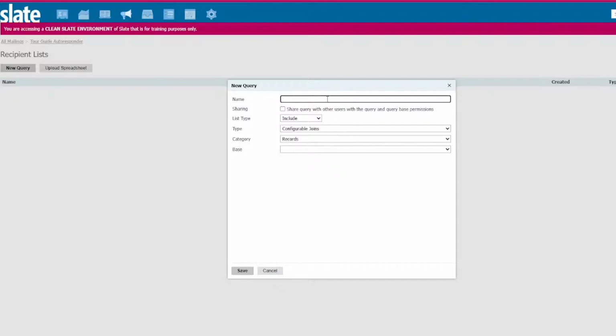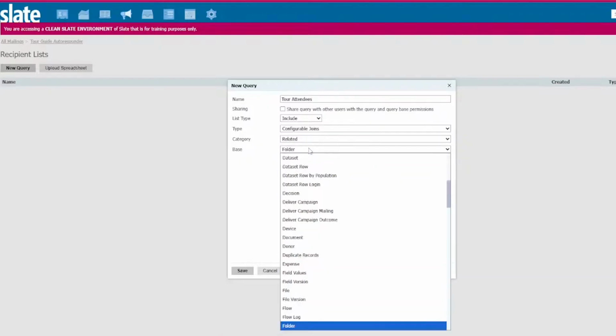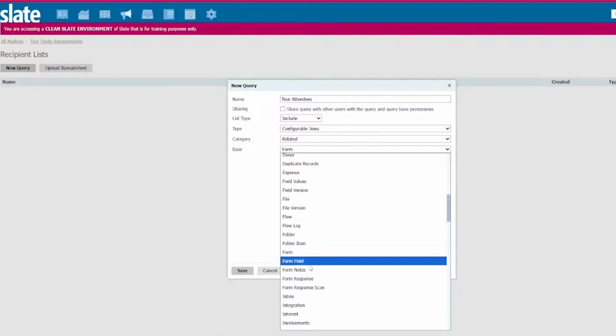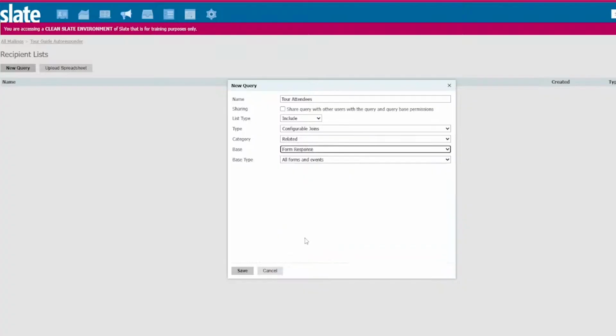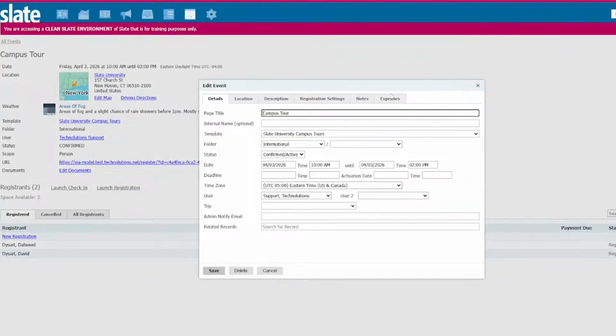So we'll just do, what's a good name for this? Attendees. And then we can just do form responses, because we're going to send one email to everyone who attends our campus tour. It has to be coming from the tour guide that was associated with their event, which I should probably add here. So if you haven't used related records, we're in our campus tour here,